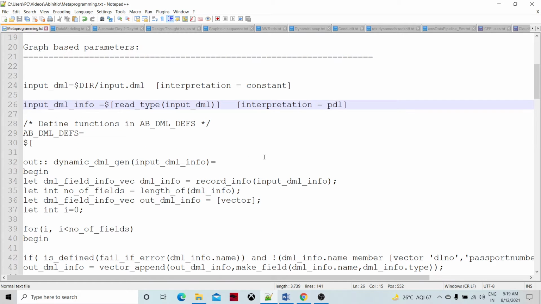Okay, then we are going to prepare the ABDML definition. This is an inbuilt parameter of Abinitio which will be containing a PDL and having many functions. So we can define the DML functions over here within the body of ABDML definitions, and this is a dynamic definition. These functions or types which we are going to include in ABDML definition can be called further from any other parameter creation. Okay, so